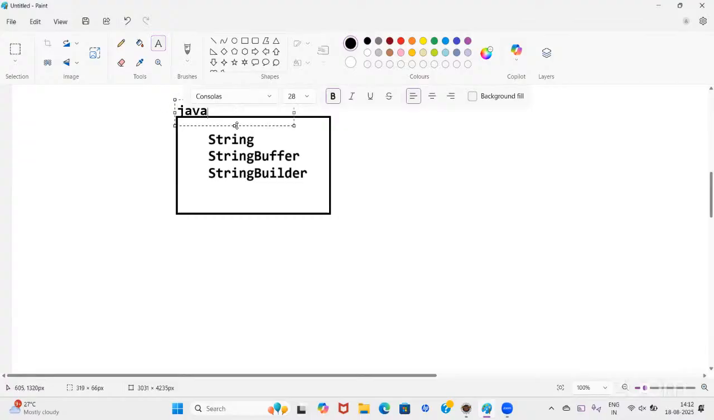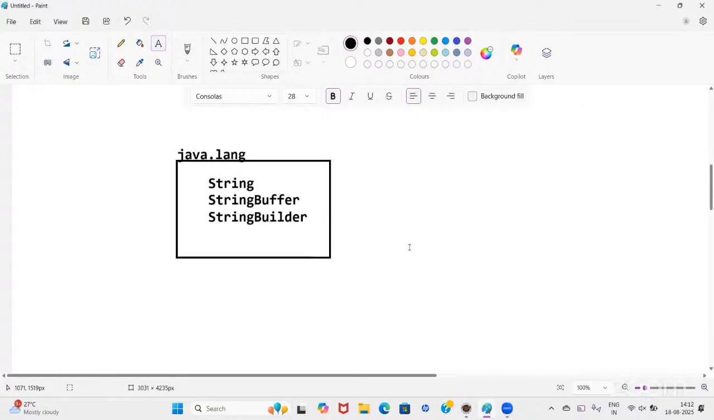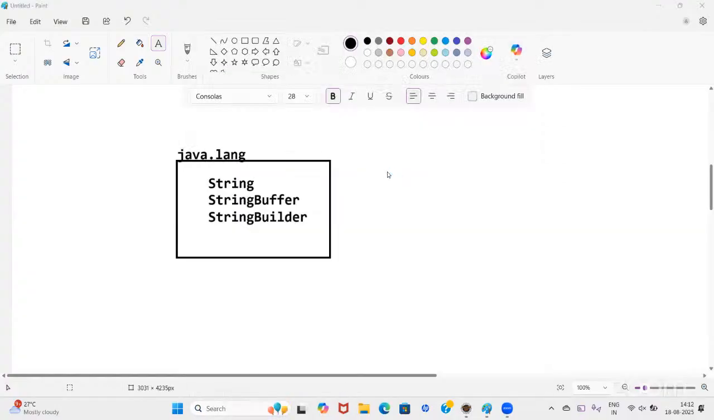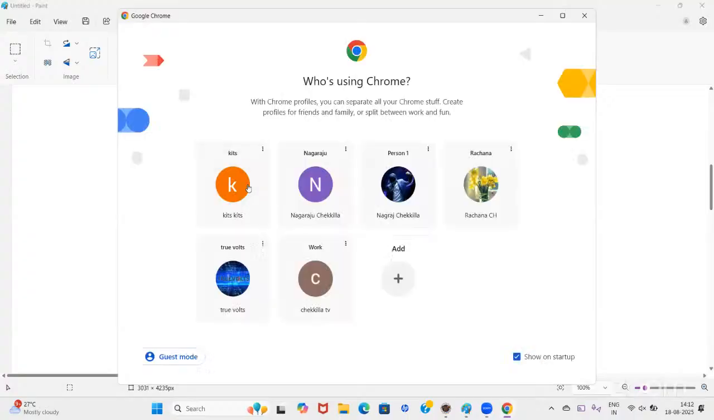These classes are available in the java.lang package. So in total there are three classes: String, StringBuffer, and StringBuilder. When you open the Java API,